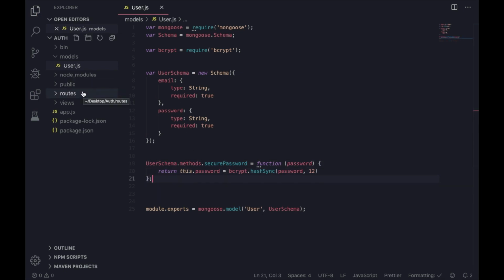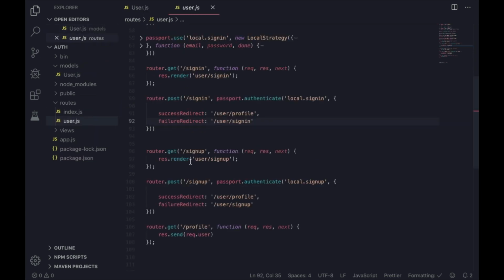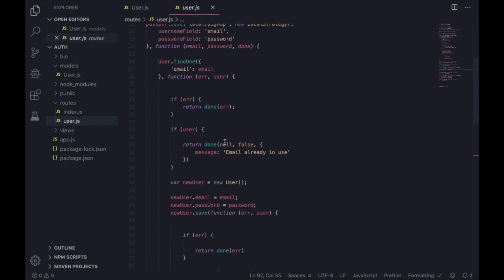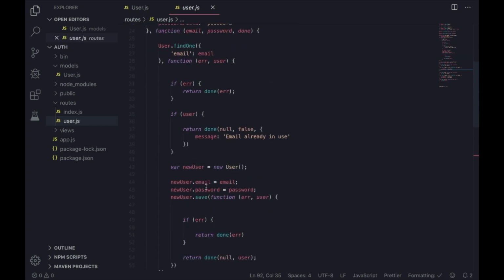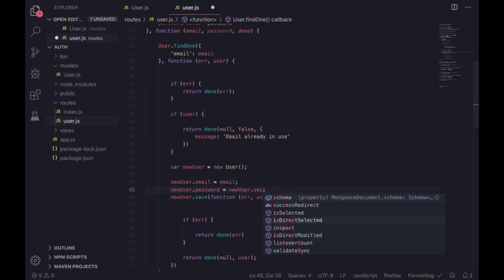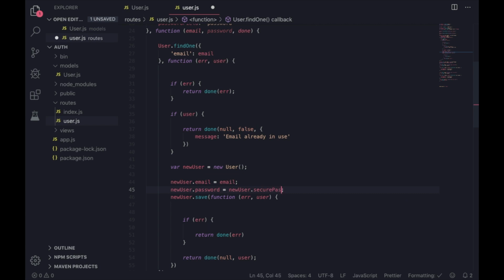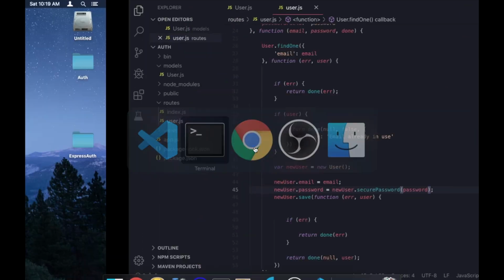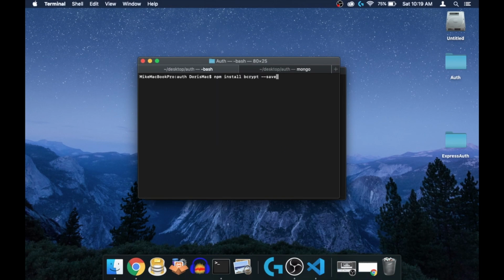Now, when we head over to our routes user file, here where we sign up a new user inside our strategy, instead of saying new user password, what we can do is say newUser.securePassword and then add the password in here. So again, we have access to securePassword because we have declared the method here. Now, if I head over and start the server,